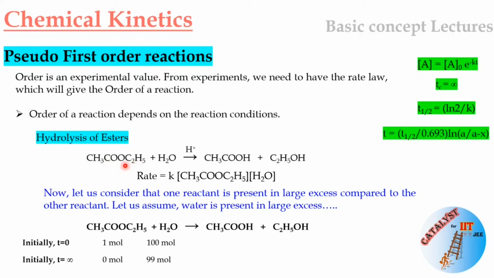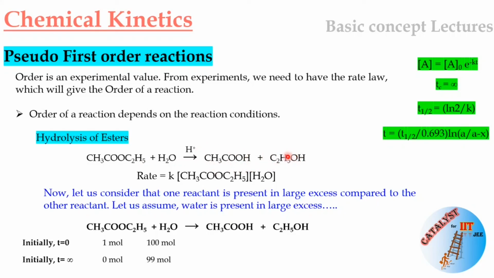So this is the ester molecule. You will learn in your organic classes what an ester is. Now this ester molecule, in the presence of water and acid, breaks. This H2O addition is happening here, and that is why it is called hydrolysis. So H2O addition to an ester gives you one acid and one alcohol.